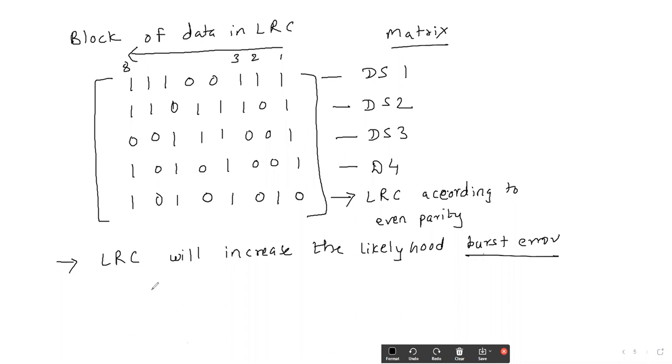If two bits in two data streams are in error, and the positions of the bits in error are exactly the same in both streams, then there is a problem for detection of error. We will not be able to detect the error using the LRC method, and that is considered a drawback of the LRC method.